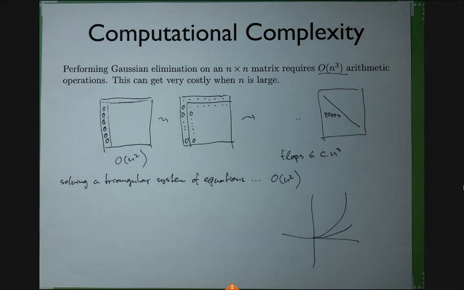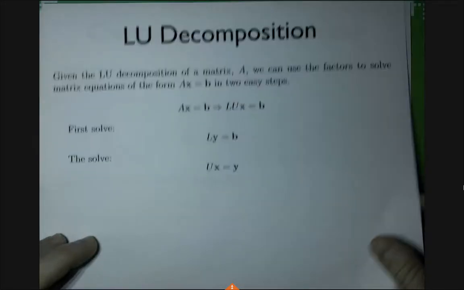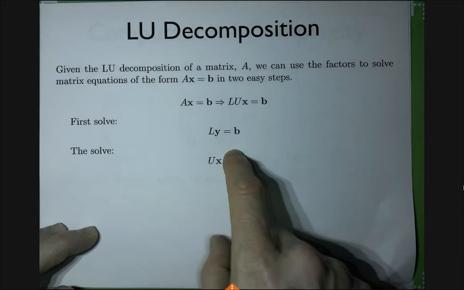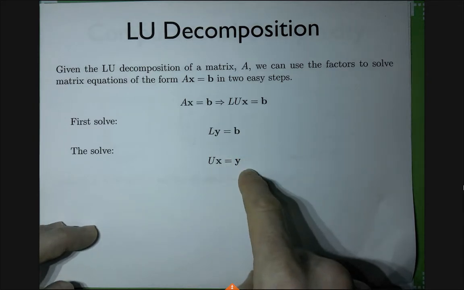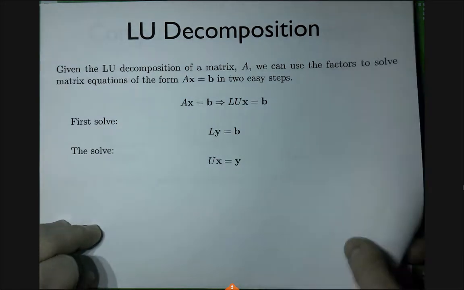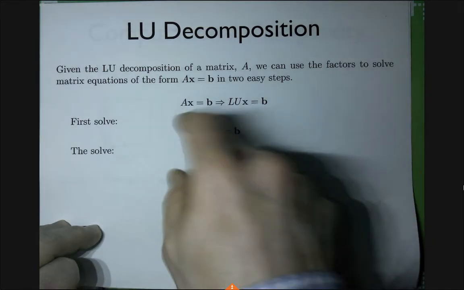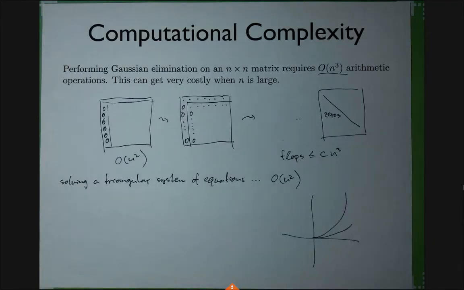If you have a pre-computed factorization, if you already have the LU, then you can solve the system in n squared time for new right-hand sides, as opposed to n cubed time, which is what it would take for a completely new system. And the reduction of time from n cubed to n squared, that's huge, right? If you have a 1,000 by 1,000 matrix, that means you are 1,000 times more performant. That definitely makes a difference. Okay.